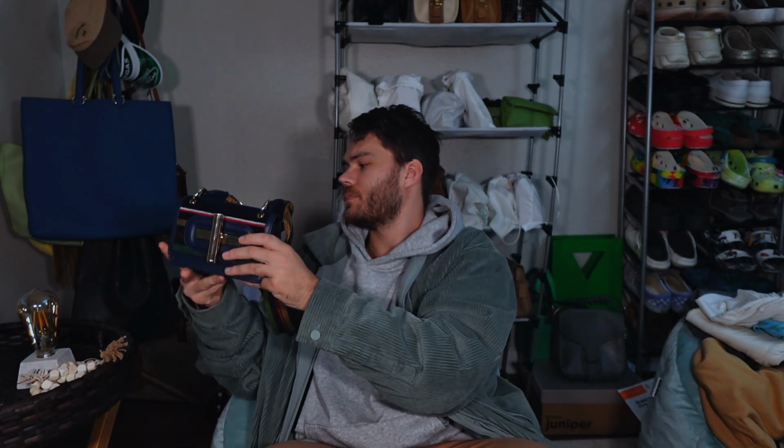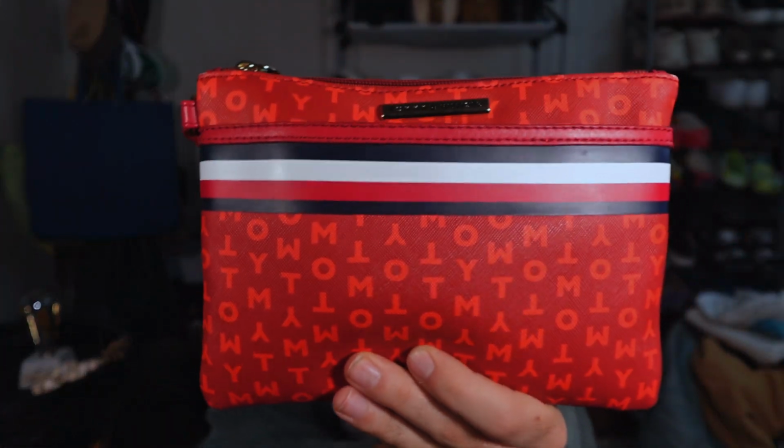It is just such a stark difference from the stuff that you can see on the daily here in the States, which I will show you. I'll put her over here. And then she does have a dust bag and everything like that I have for her. But this one right here, this is just a coated canvas little thing that I picked up from TJ Maxx. I've had this one for a while, but it's already starting to wear on all the sides. I don't use this one all too much, but just the feel and the quality, even of just the inside lining,